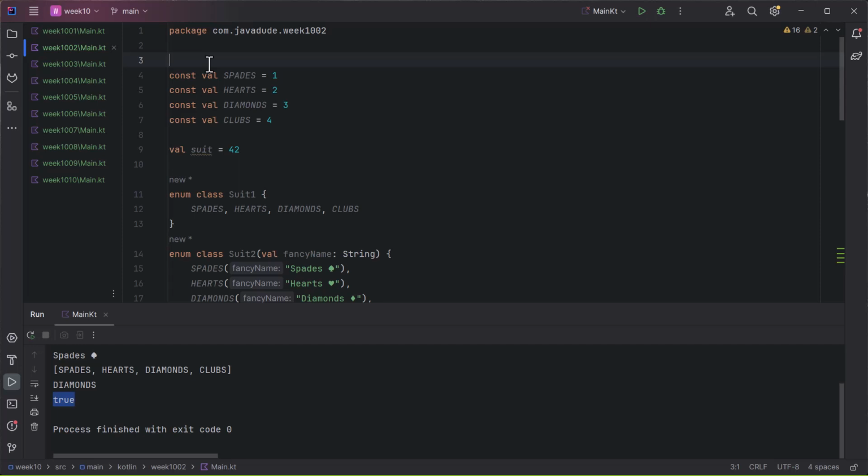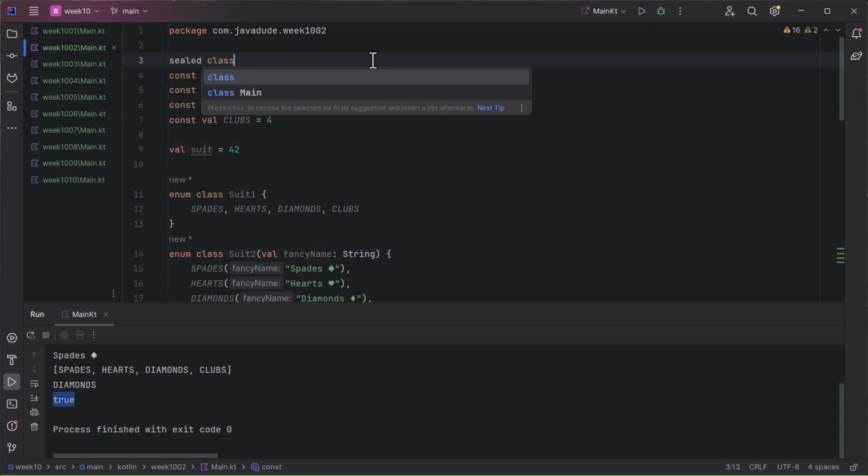And the difference between a sealed class and sealed interface is, do you want common data that you've actually defined? Or do you want to just define the traits of the objects that you're defining? If you define the traits, then every single class you define that extends that interface has to actually implement it. I'm going to start with a sealed class here because I want to keep this fancy name type thing. So I'm going to say sealed class suit,